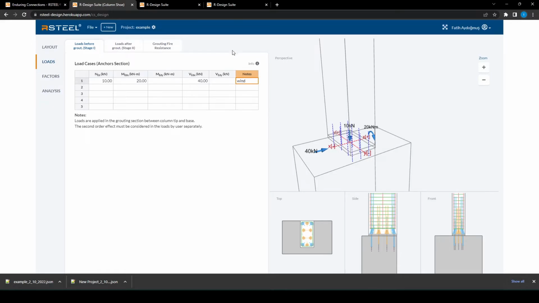Stage 1 includes load cases during the construction period before grout is poured. So the column is standing alone under the effect of wind loads and self-weights mostly. The other effects can be considered by the designer according to the project. Users can skip this stage, but it is highly recommended if the columns won't be supported by any other system